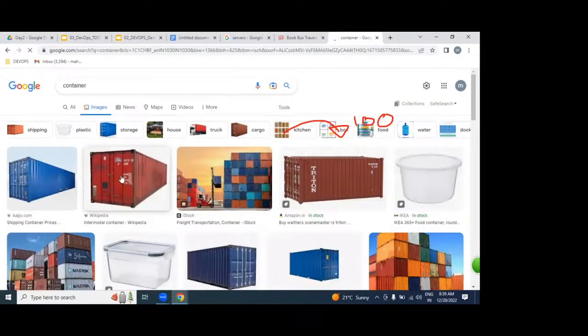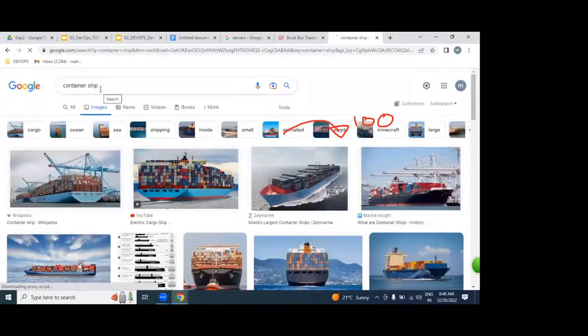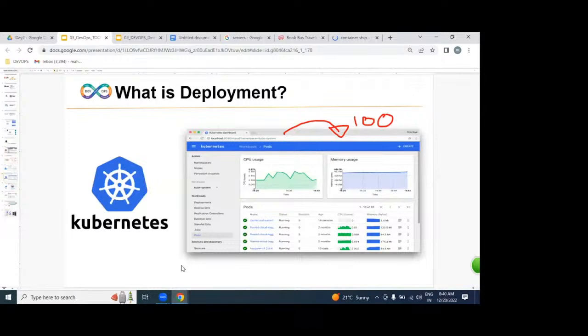They are the same as Docker containers, but this container is used for transporting goods across the sea. Our containers are for deploying our applications and placing our websites. But these containers are going to be controlled by whom? The ship. Where is the ship here? Kubernetes.